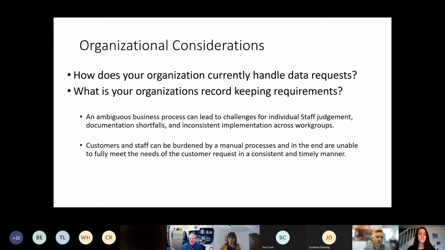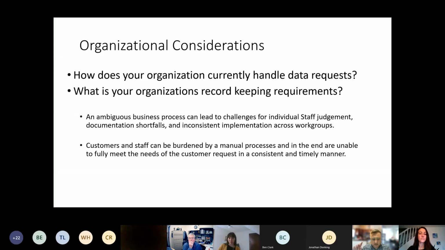So some of the key organizational questions as you go along this journey are, how are you currently handling data requests? And is there any sort of process improvement within that existing program for how you're handling data requests? Potentially that's a really great place to start, especially as it relates to consent. I know a lot of smaller utilities do not have a consent management process or program. And so this could be a great place to start. And then also